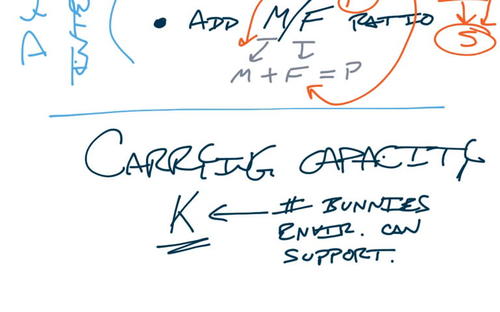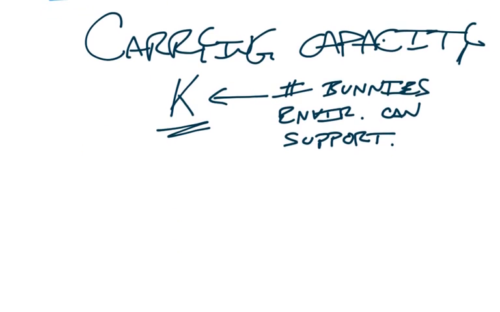All right, so we need to think about in what way we can create a model that includes this maximum number of bunnies that can live in the environment at any given time. And I mentioned that this idea of math modeling very much is like a staircase that you're building as you go. All right? You don't start from scratch every time you want to do something with a model. You always try to use what you've already done and build upon it and try to improve it.